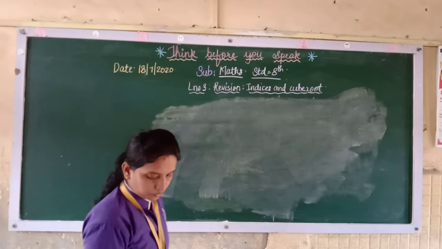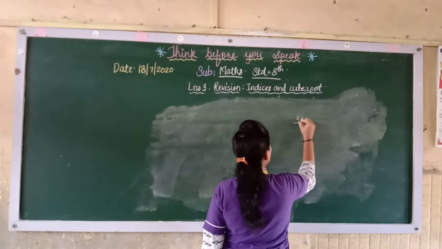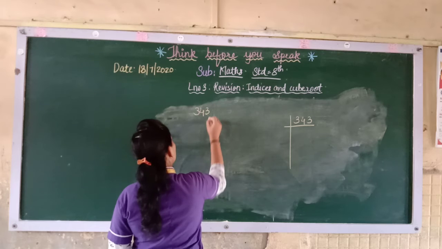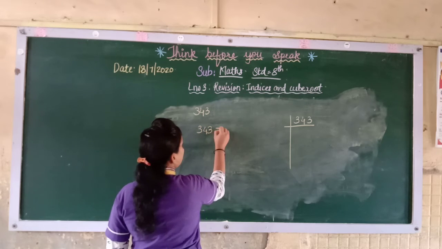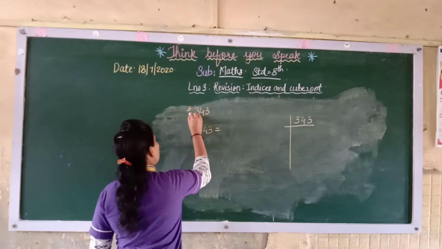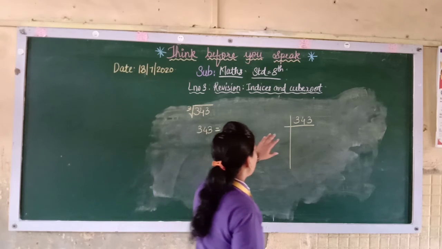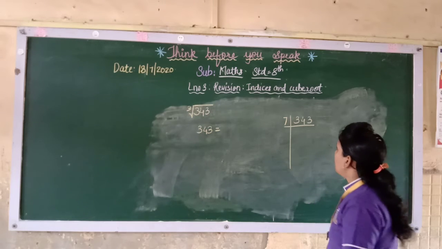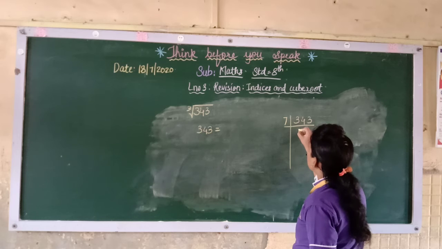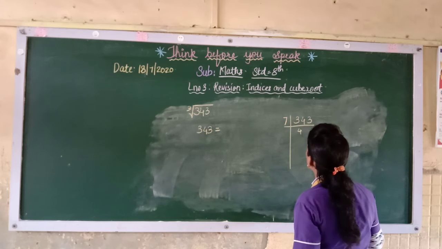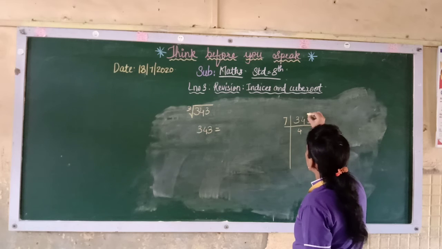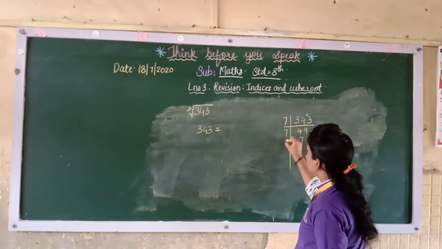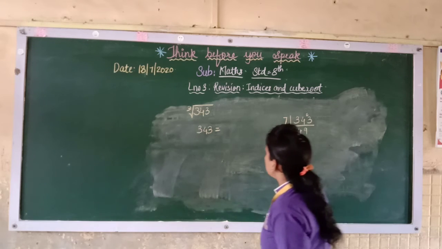Now see, if we take 343, you have to find the cube root of 343. So take 343 and take the prime factors. Go by 7. The ending is 3, so it will go by 7. Now 7 5s are 35, 7 4s are 28, 29, 30, 31, 32, 33, 34. So here it is coming 6, 63. So 7 9s are 63, 7 7s are 49, 7 1s are 7. So it comes 7.